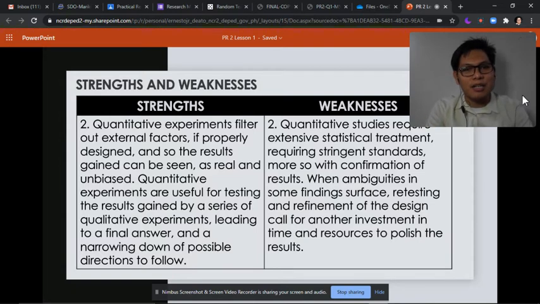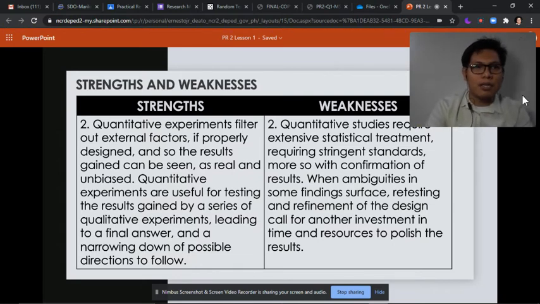Napaka-unbiased niya kasi we rely on the quantity of the responses. So kung mas maraming nagsabi, mas reliable. So, maraming nag-oo. So, since the population you get is the representation of the whole population, magpapakita siya ng response ng kabuuan.